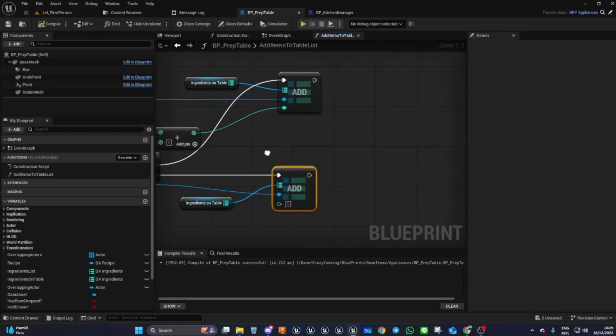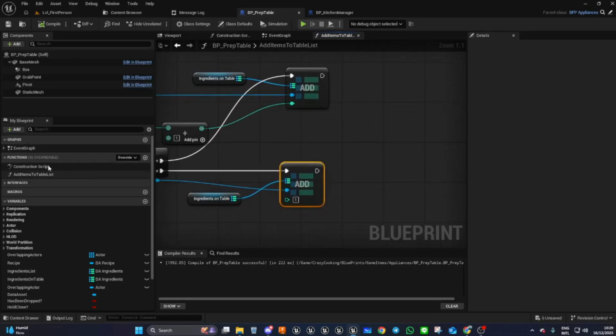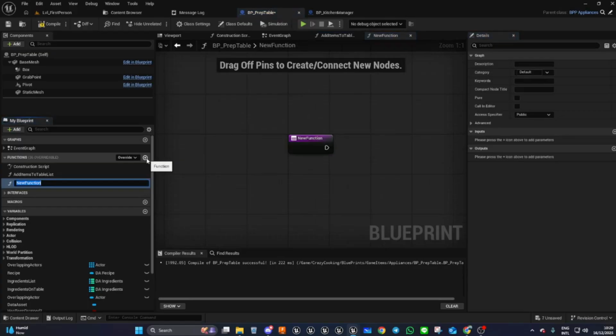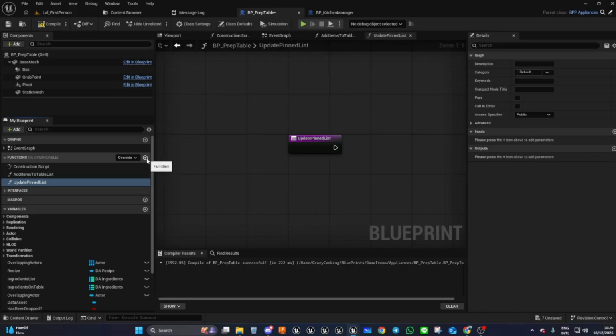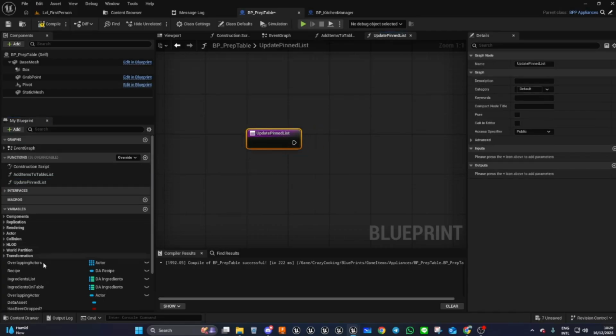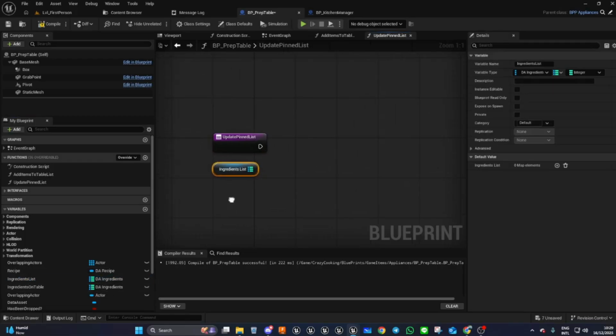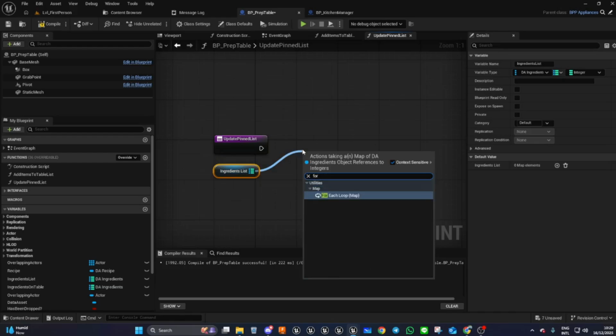Okay, so now we are going to need to add another small function. In our functions, we're going to add one and call it Update Pinned List. Remember our pinned recipe list that we have there. We're going to get our ingredients list, which we haven't yet used, which we will do shortly. We are going to do a for each loop through the map,